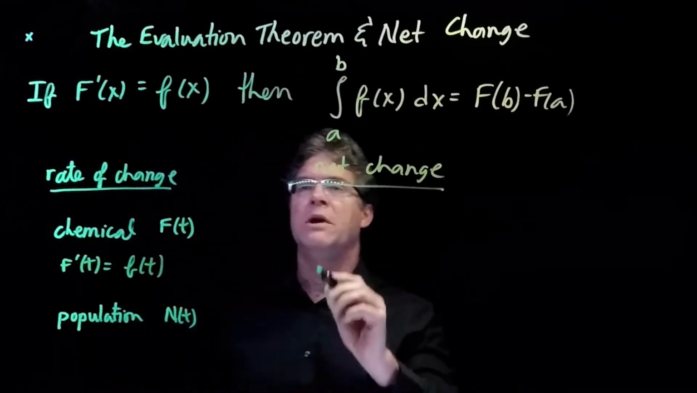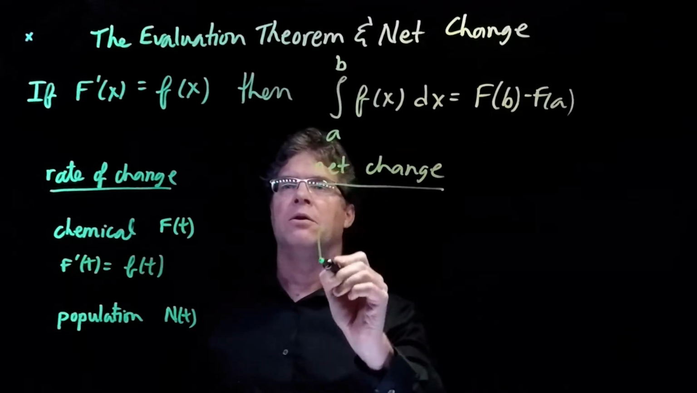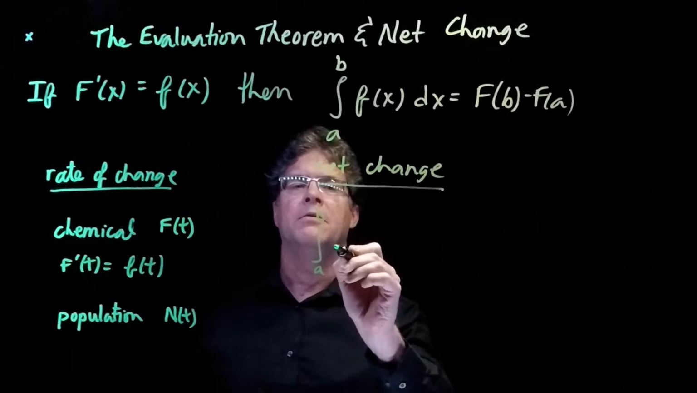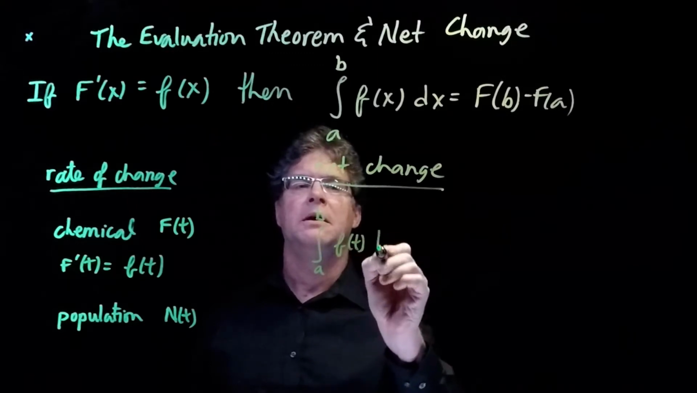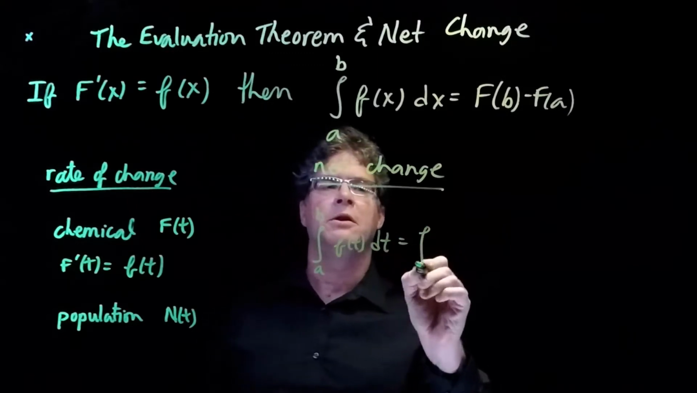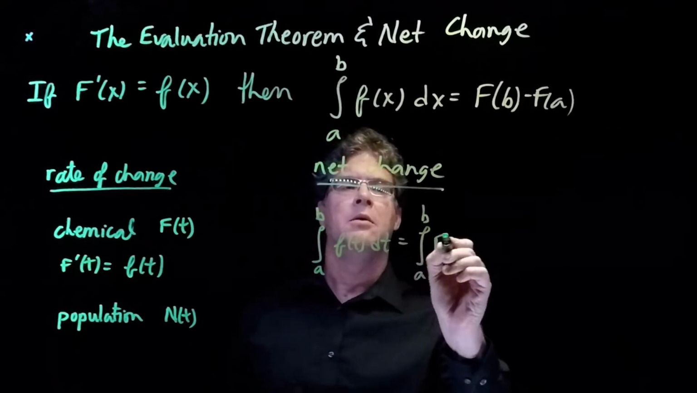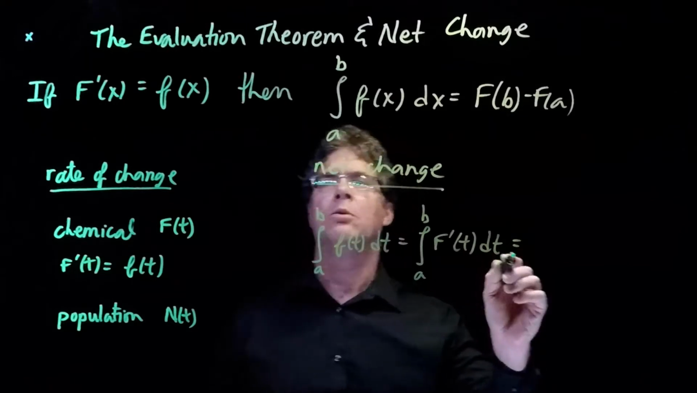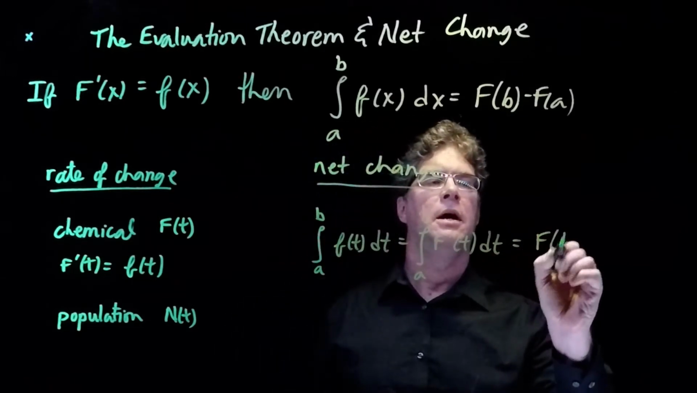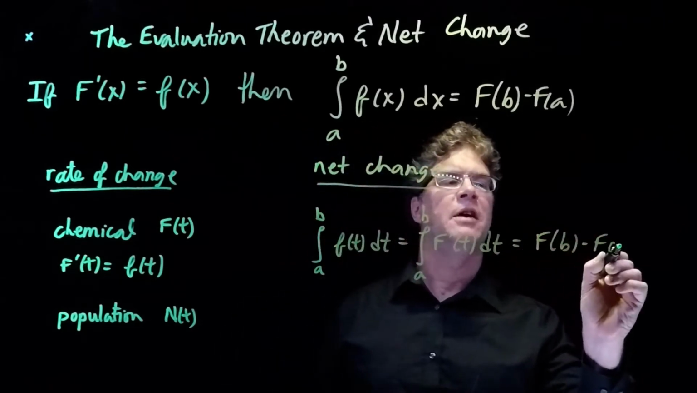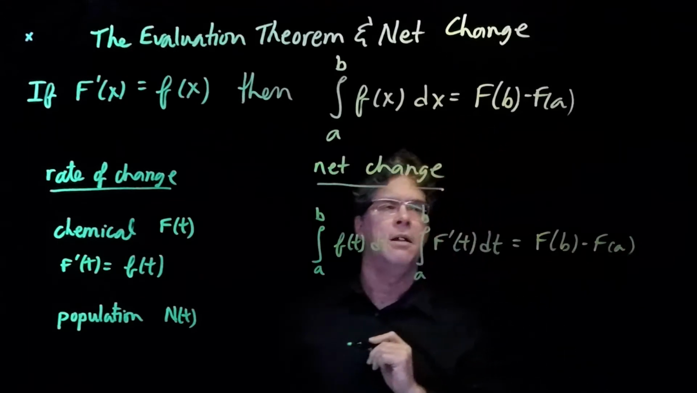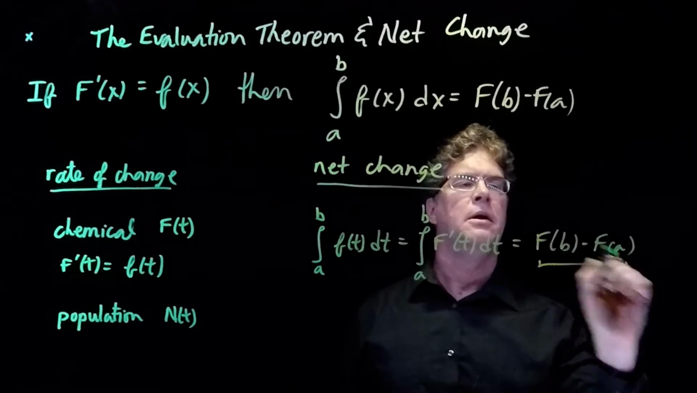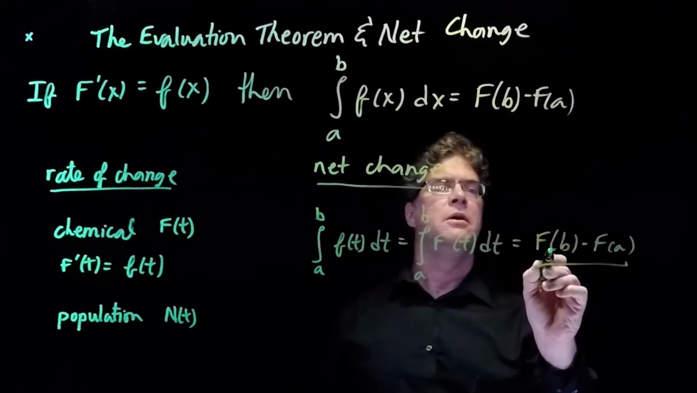And so we think about the integral from a to b of f of t dt, which would be equal to the integral from a to b of F prime of t dt, and that's going to be equal to F of b minus F of a. And so this is the net change in the chemical here, the amount that we finish with minus the amount